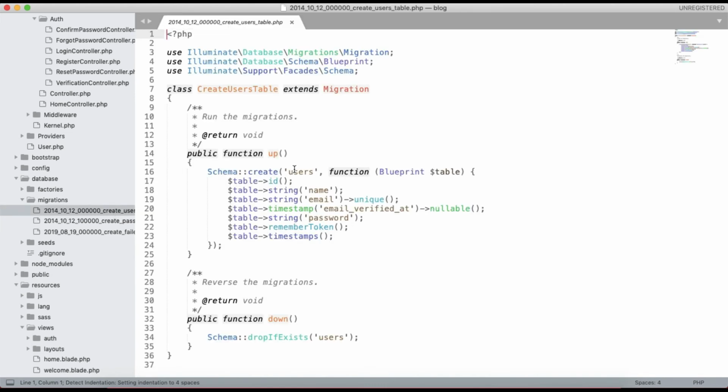You can see this file, create users table. If you need to change or add another field, we can do that as well, which I will tell you later on.